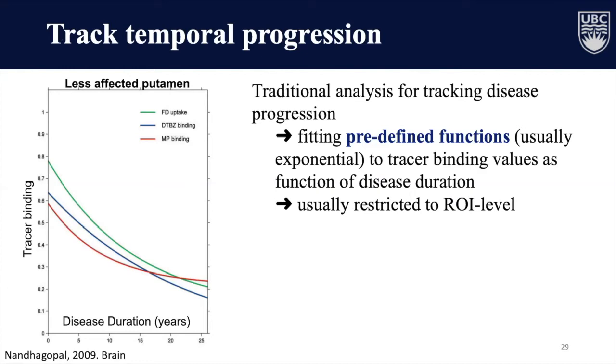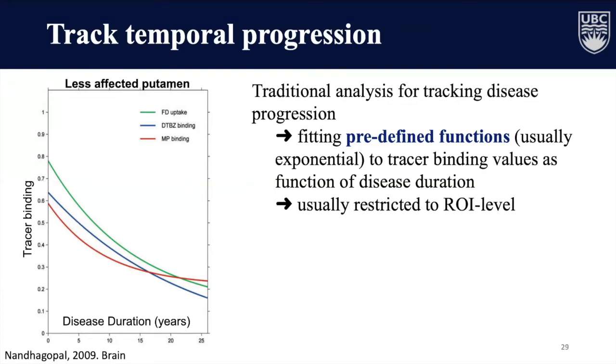The traditional analysis for tracking disease progression is to fit a predefined function. And in Parkinson's disease, we usually fit an exponential decay function. So here you have disease duration on the x-axis and tracer binding on the y-axis, and the 3 curves are for 3 different dopaminergic tracers. Usually we just fit predefined exponential functions to the tracer binding values as a function of disease